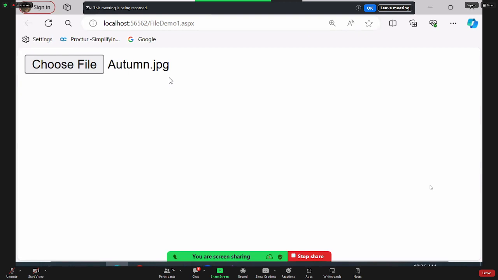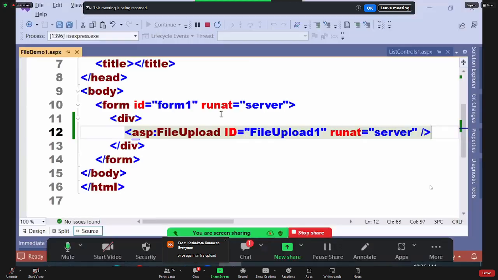Are you clear? But don't forget one thing. This control will provide you an interface to select a file, that's all, not to upload the file. Did you understand my point? This control provides you an interface only to select a file, not upload a file. Then how to upload the file, sir? If you want to upload the file,